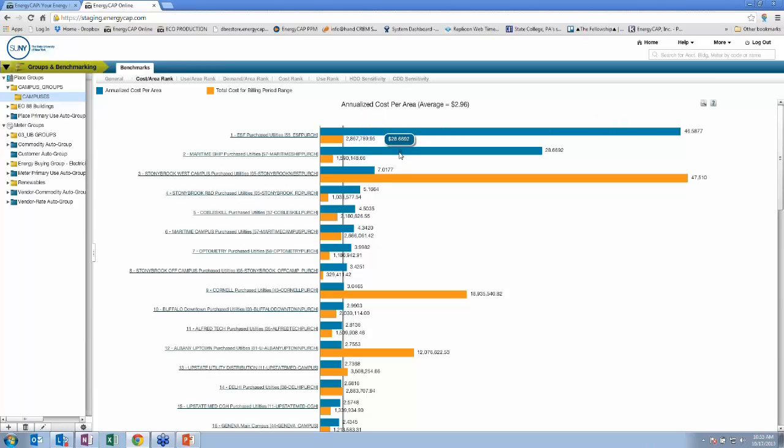But these at the top are definitely kind of skewing the distribution. So if we wanted to take a closer look at what's going on in the middling range ones, we might want to exclude the ones that are what we would consider to be the outliers. So we'll start here. This is SUNY ESF, and we're going to select this to exclude it from the benchmark chart. Now, one thing I'd like you to notice is the annualized cost per area, the average is $2.96